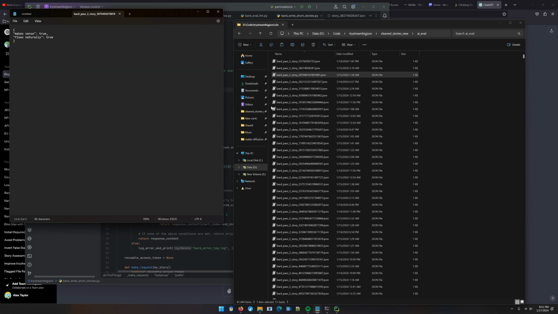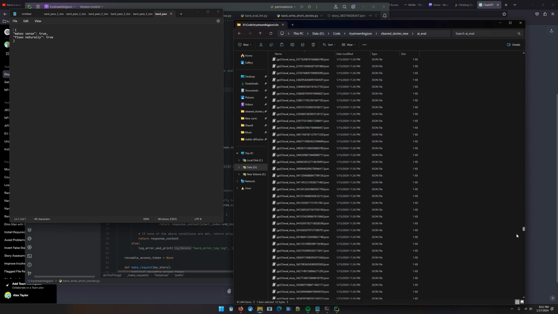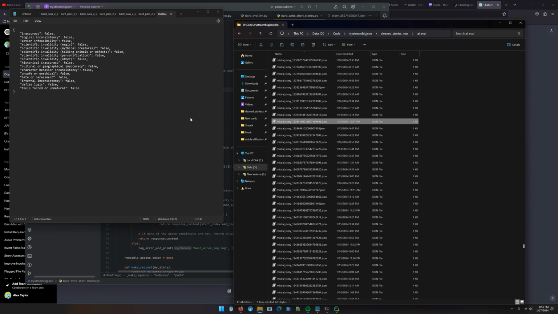Yeah, makes sense, true, flows naturally, true. Looks like this, looks like this, looks like this. Give me a negative. Give me a does not flow, whatever. But basically I did the same thing with Mistral as well. So have this inaccuracy, logical inconsistency, actioning feasibility. I didn't actually filter out these things, but it was marking them as scientific invalidities. So I split them up like this so that I could absorb certain and tolerate certain scientific ambiguities. Historical inaccuracy, cultural geographic inaccuracy, unsafe or unethical.